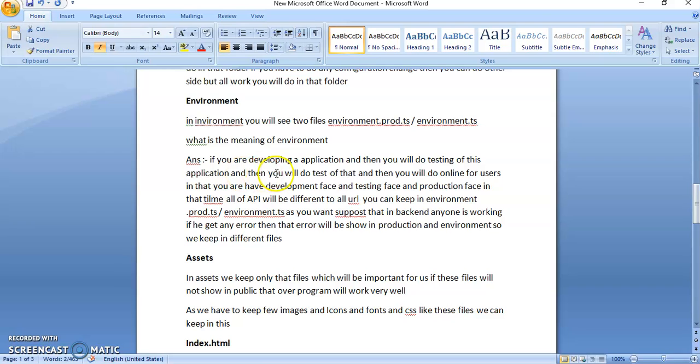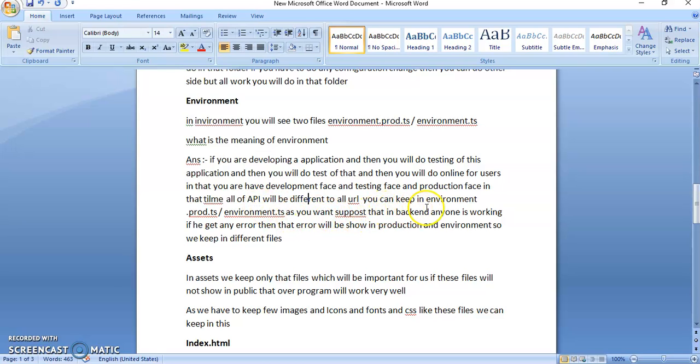If you are developing an application, then you will test this application, and then you will put it online for users. So you have a development phase, a testing phase, and a production phase. At those times all the APIs and URLs will be different, and we have many APIs and many URLs.